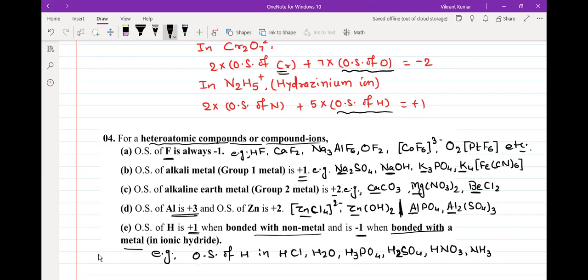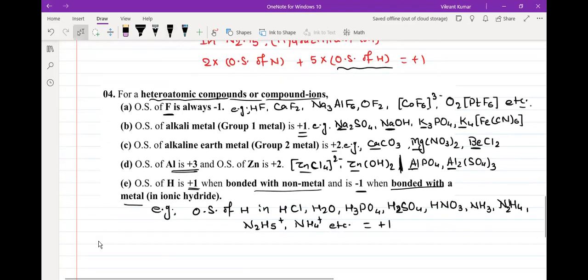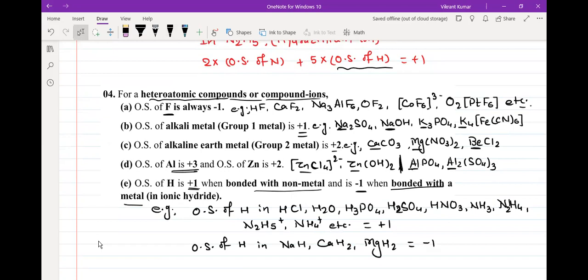NH3, N2H5+, N2H4, कुछ भी लिख रहा हूं, ये सब नॉन मेटल्स के साथ आ रहे हैं, NH4+, सीधा प्लस, simple. But if I say oxidation state of H in NaH, CaH2, MgH2, etc., इन सब में जैसे आया मेटल के साथ आया माइनस,